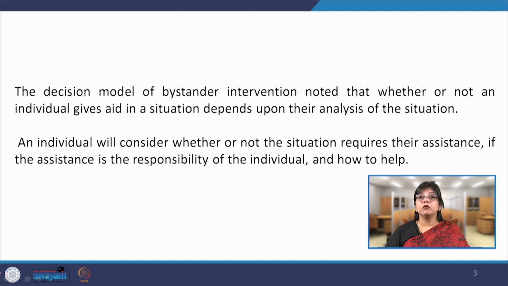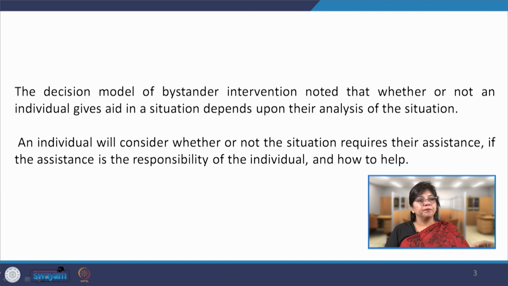So, the decision model of bystander intervention noted that whether or not an individual gives aid in a situation depends upon the analysis of the situation. This is also one way to analyze the decision model: we are not aware, accidents and natural disasters are not scheduled. They happen naturally and abruptly. We are not prepared for it, and we have no knowledge about what kind of accident it is and how we can help. For instance, it is easy to understand that a firefighter knows their role, and even as a